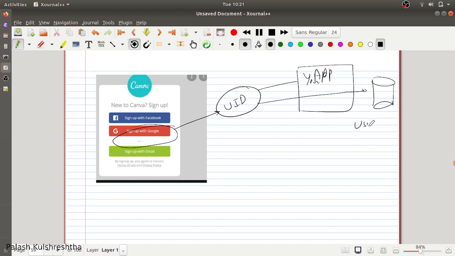So you will have user ID, provider, and ID, right?